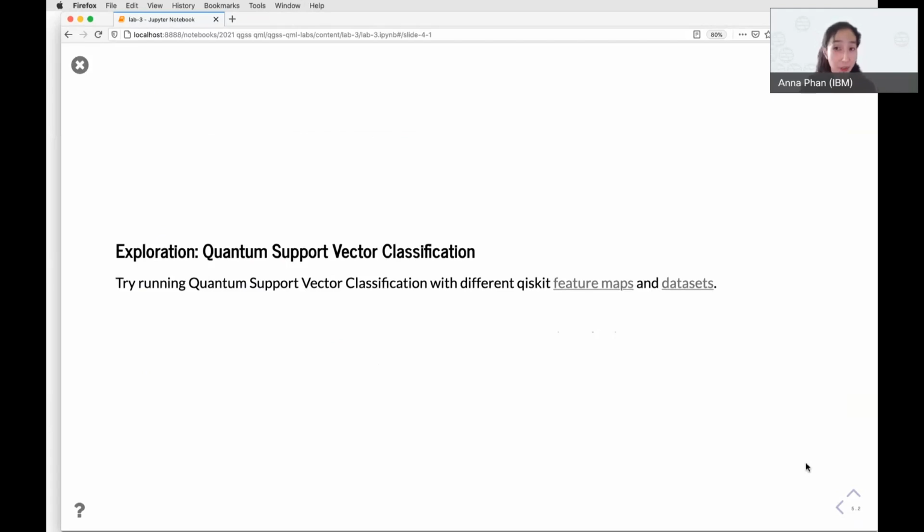digits data set. You can also play around with reducing the number of dimensions and features from the 64 to 2, 4, 8. And of course, when we're doing this, the data sets that we think we may get advantage in are those which are more close to the quantum feature map that we are using. And I believe this probably would have been discussed in the previous lectures.